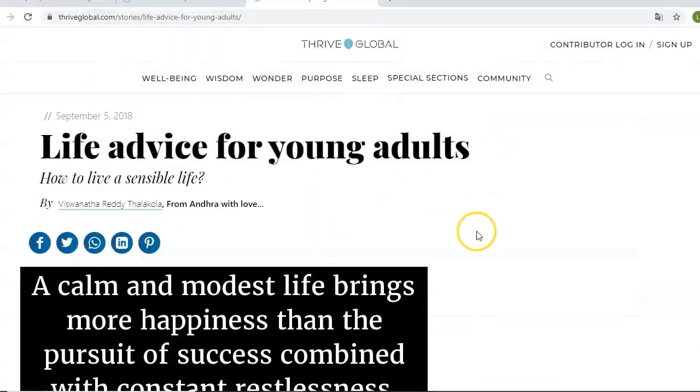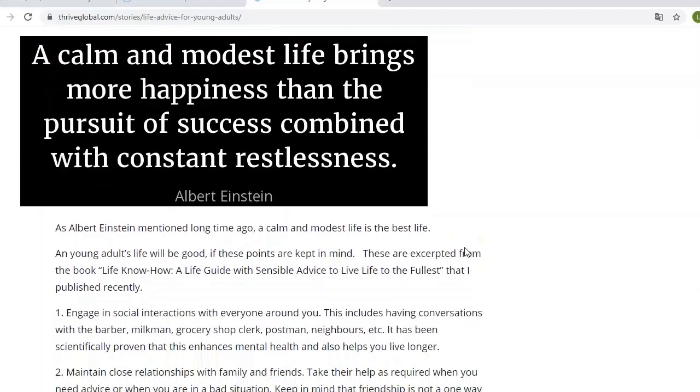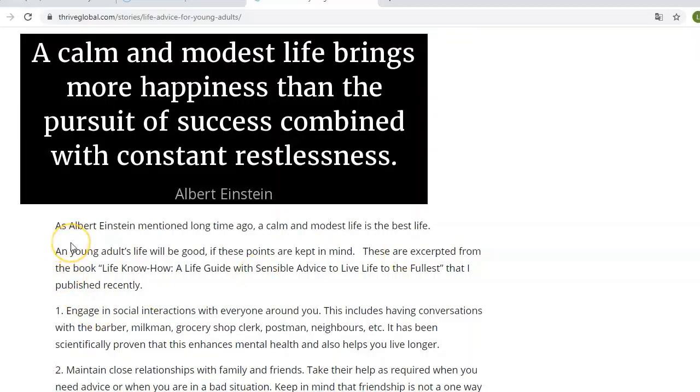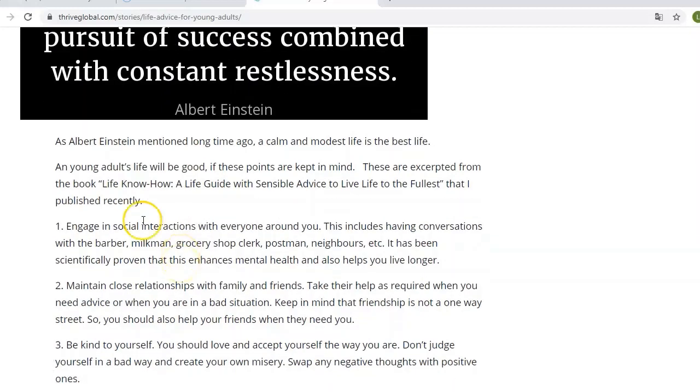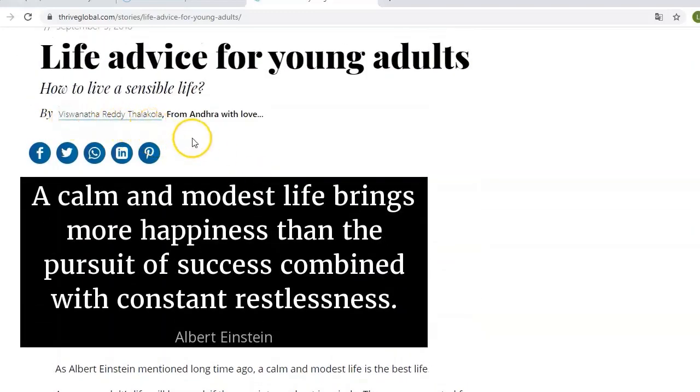For example, in this website, Thrive Global, life advice for young adults, it says here. I'm going to read this because it's really interesting, guys. It says, as Albert Einstein mentioned a long time ago, a calm and modest life is the best life. It says, a young adult's life will be good if these points are kept in mind. These are excerpted from the book Life Know-How, a life guide with sensible advice to live life to the fullest that I published recently. In this case, we are talking about this lady,